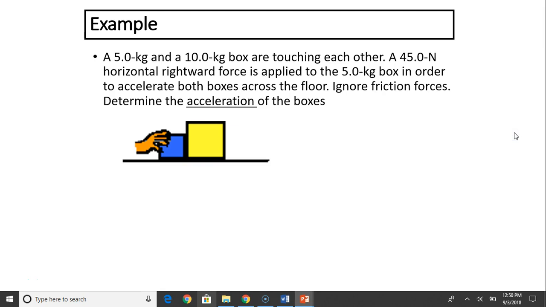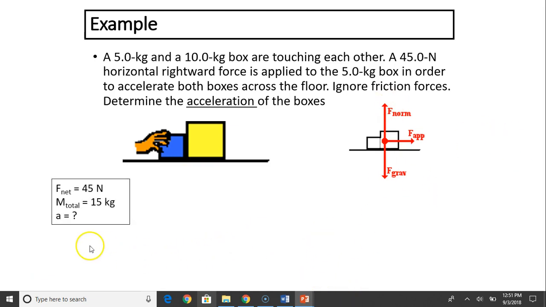Let's do an example. A 5 kilogram and 8 kilogram box are touching each other. A 45 Newton horizontal rightward force is applied to the 5 kilogram box in order to accelerate both boxes across the floor. Ignore friction force. Determine the acceleration. See, when you have to find acceleration, you treat it as one object. So this as one, it would be 13 kilograms. It experiences a net force of 45 newtons because gravity and normal force cancel out. So net force is 45 newtons, and the total mass